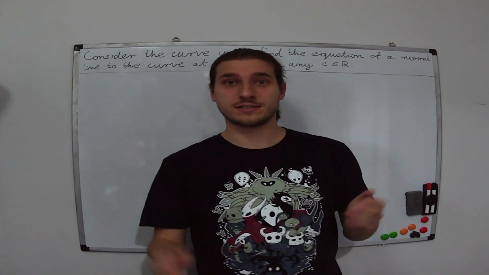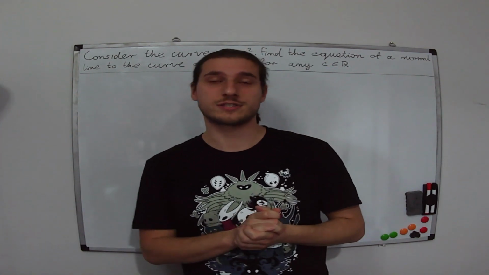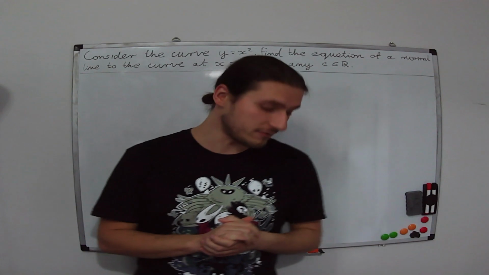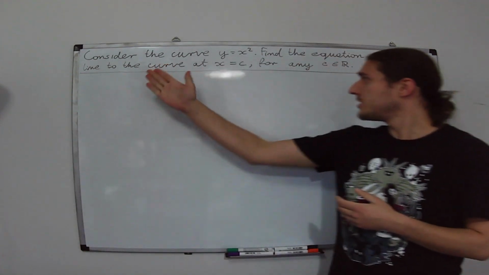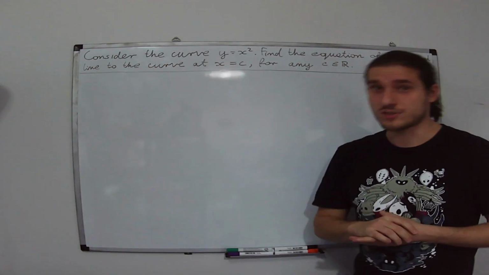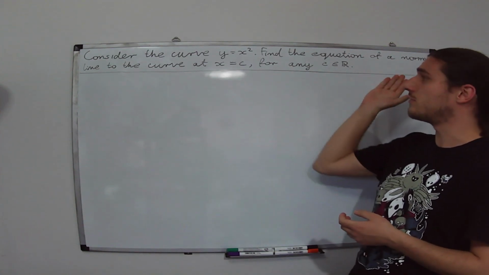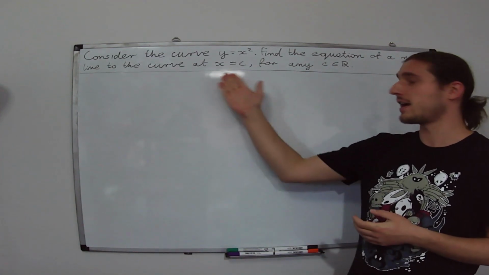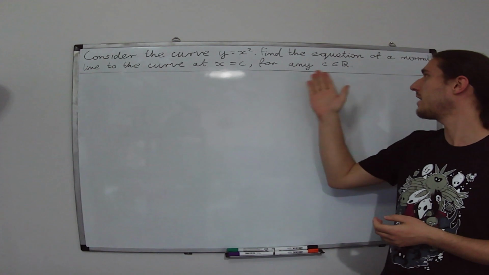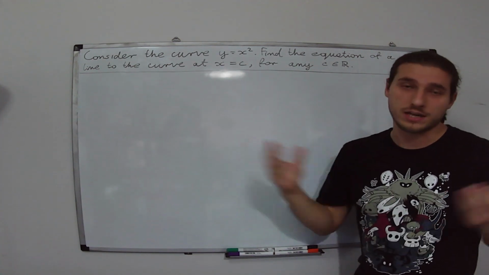And today we're looking at an interesting problem in mathematics. It was actually part of my homework for maths. Consider the curve y equals x squared. Find the equation of a normal line to the curve at x equals c for any c being a real